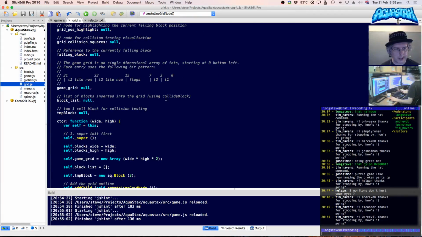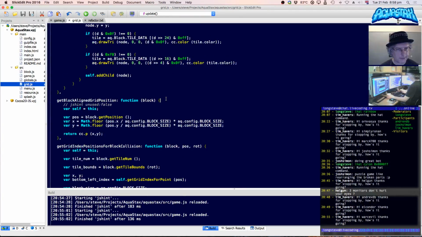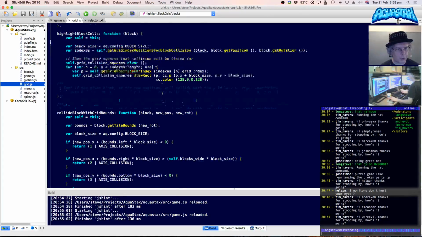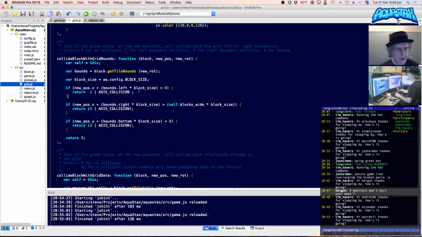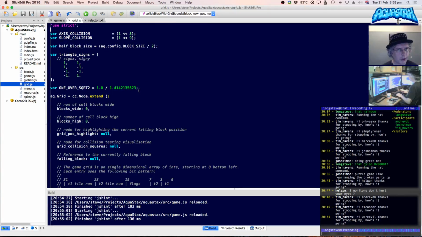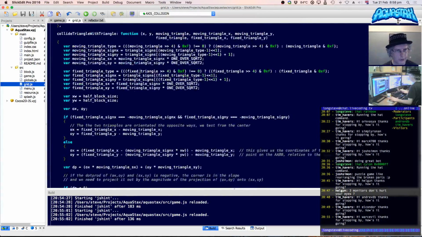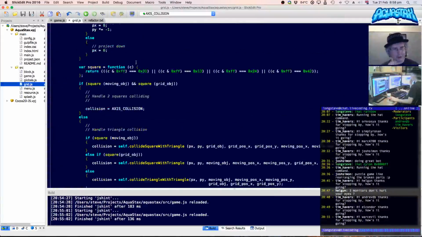Actually, I know what I did. I changed my collide block function so that it returns axis or, yes, it returns axis collision value ored. That's another thing I should do. I should probably refactor those so they're not global. Put them inside my AQ namespace as well. But I think it's probably all I need to do where it's returning 1 and 0 in certain scenarios now. It's got axis or slope collision, collide with triangles. In particular,